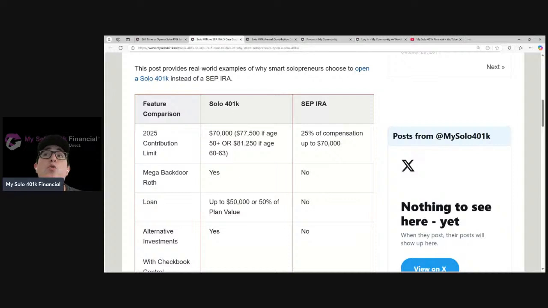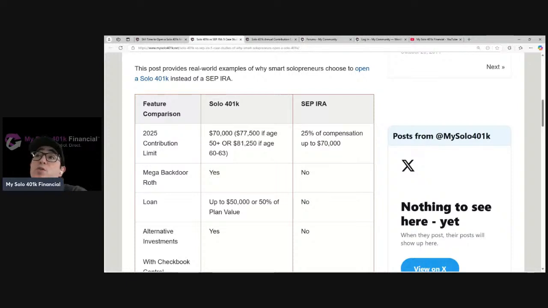If you're age 50 or older, you can do a catch-up contribution of $7,500 of that self-employment compensation. And then if you're age 60 to 63, you can make a super catch-up contribution. Instead of $7,500, it's $11,250. So you're going to be able to fill that employee bucket up right away, dollar for dollar. It's not a percentage, right? So you can quickly fill that up. And then on top of that, if you have the self-employment income to justify it, you can make additional employer contributions on top of that. So that's how you can end up contributing so much more.